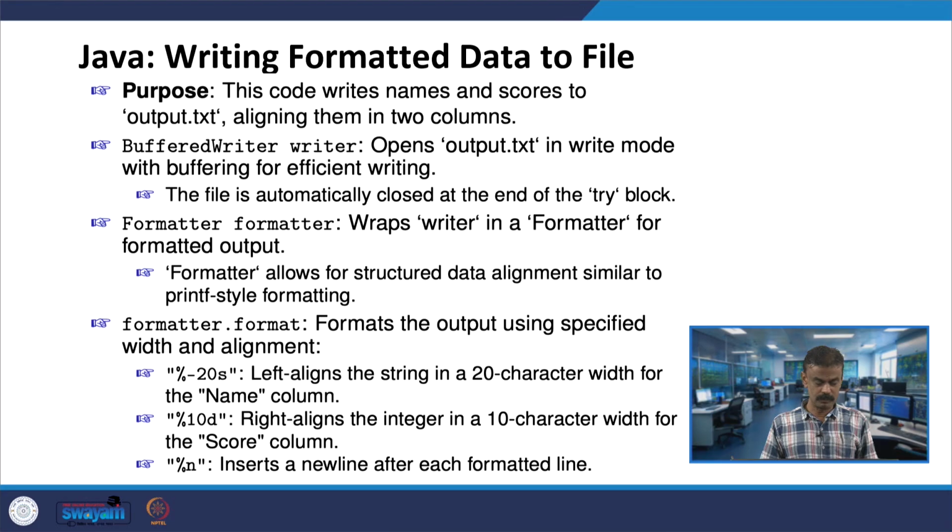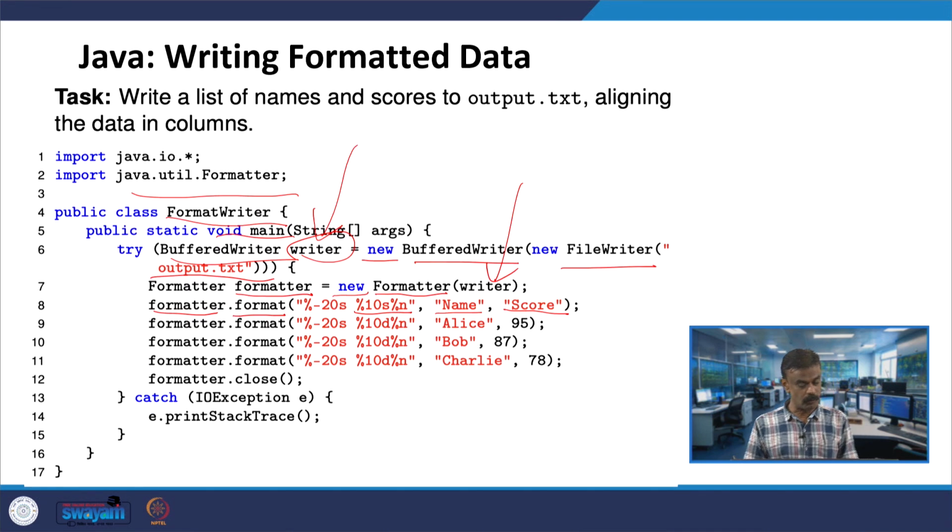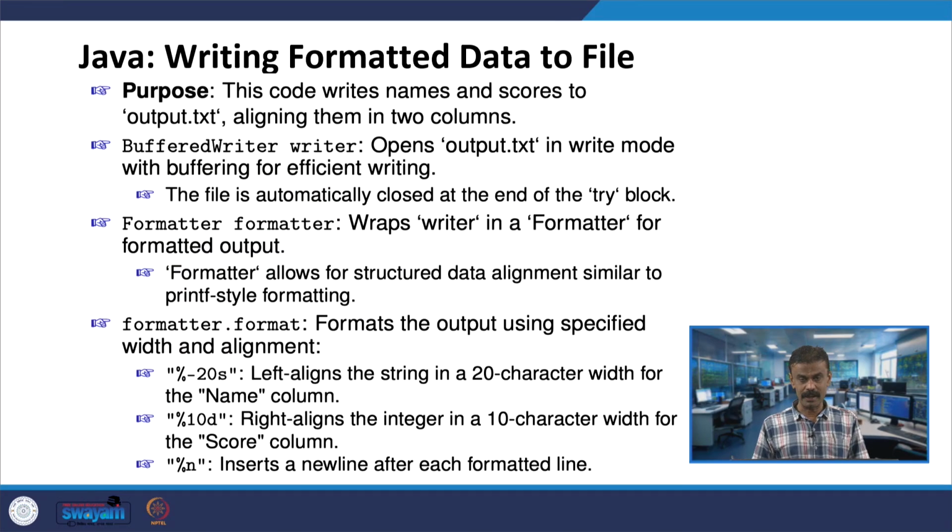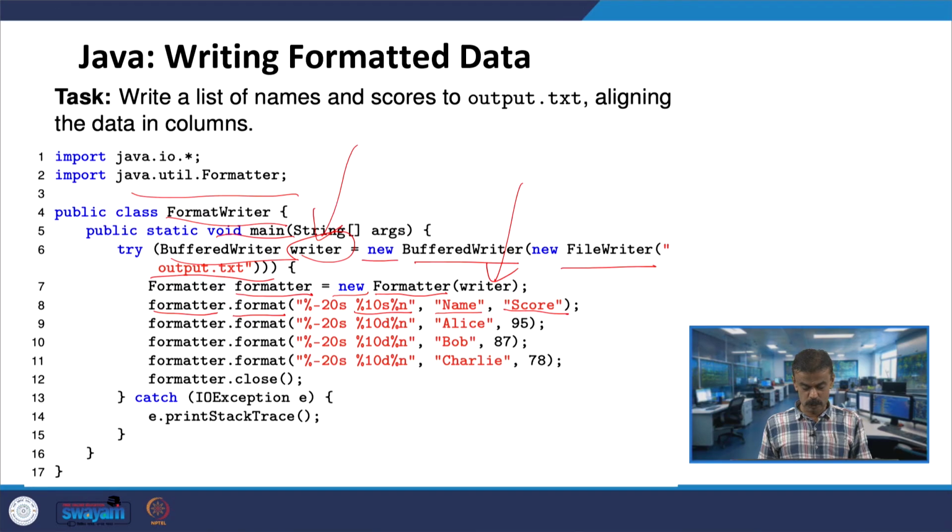And then we have used the class Formatter. Under this we have an object, small f, the formatter. Then we know what Formatter did, we have allocated the memory. So, when it is invoking dot format, we have 20 characters for name and 10 characters for the score, and then we have used the new line. Here you can see %n, %-20s, and then since it is an integer we use %10d. So, 10 characters, 10 spaces.